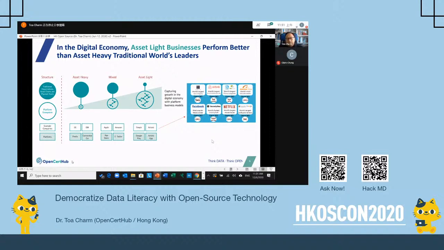So what we're looking at right now is how we can help. What do we mean by digital transformation? There are many different definitions, right? One very important definition is how we can transform a company from an asset heavy model to an asset light model. So we look at all these examples you see on the slides, right? From the king before, GE, right? They're making equipment and were number one in the whole world. Now you're looking at all these leading companies in the digital economy. We're talking about Airbnb, Google, all these companies relying on data asset rather than the traditional asset.